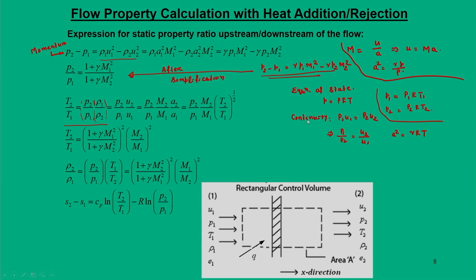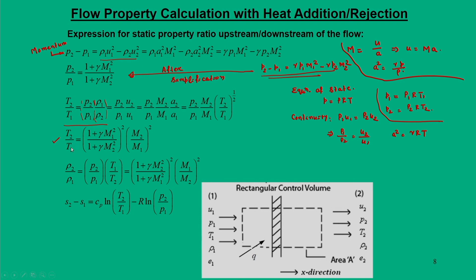So, for condition 1 and 2, this is expressed in the form of T2 by T1 to the power half. So, the final expression now stands as T2 by T1 is equal to P2 by P1 into M2 by M1 into whole bracket T2 by T1 to the power half. So, we can bring this particular term here. We also know the pressure ratios from these equations. So, ultimately we get a net result in the temperature ratio in this form.